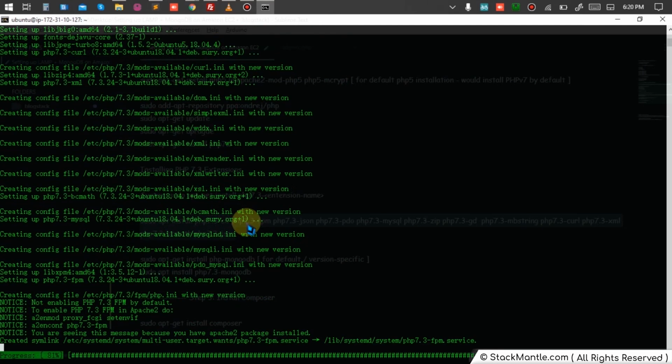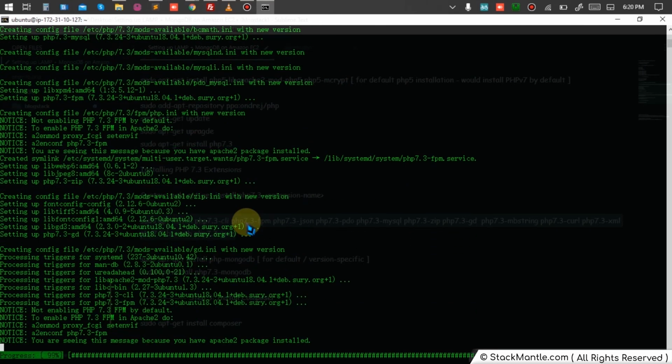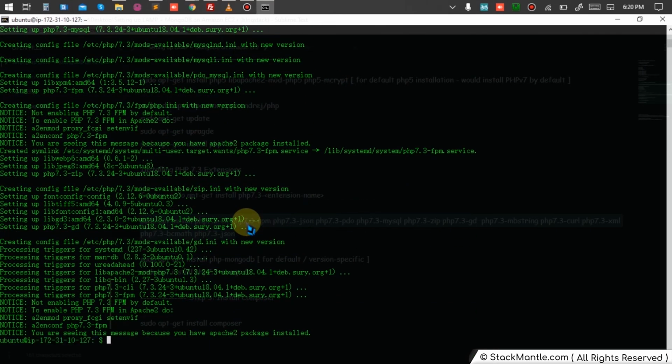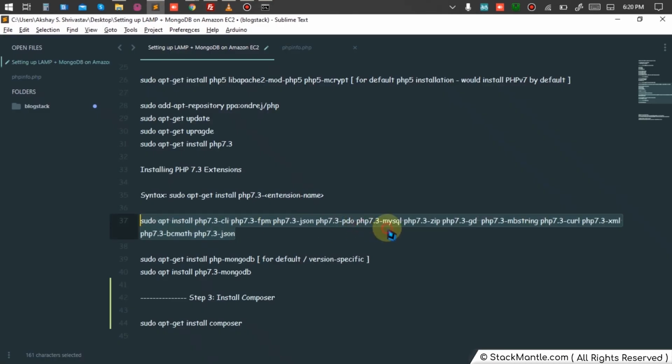This is going to install it to avoid any kind of errors. As in the previous step we saw that we installed MySQL, right? So we also need to install the MySQL support library. Now, as I mentioned, I'll also use MongoDB, so I'll also install the MongoDB extension, to make sure the MongoDB client is present with my PHP. But first of all, we're going to check if PHP is running on my server or not.